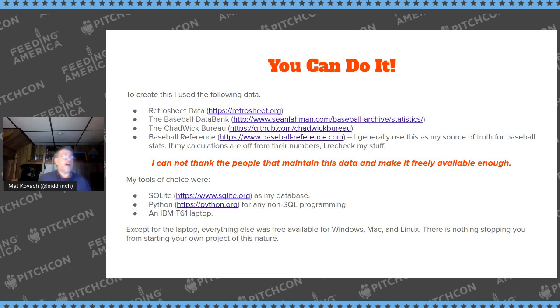It cost me $100, and it had 4 gigs of memory and a very old hard drive. I used the Debian GNU Linux operating system on it. So all of this work that I did cost me about $100 and my time, so other people should be able to grab this and start doing some of this stuff.